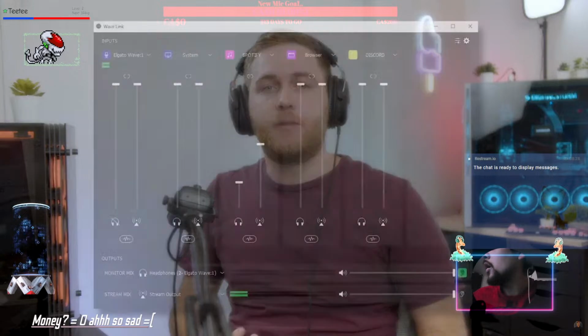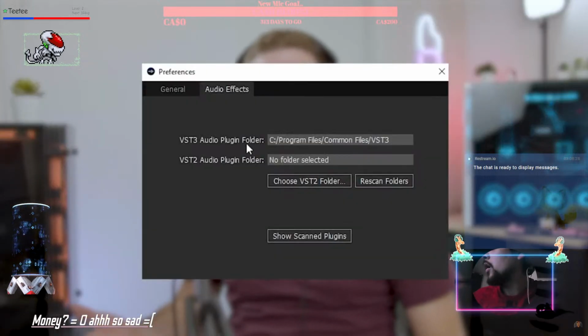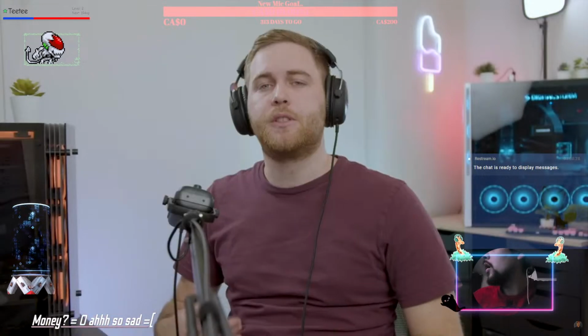Now in the Wavelink software, hit the cog on the top right and you can choose to locate that VST folder that you've just created. Once you've chosen that